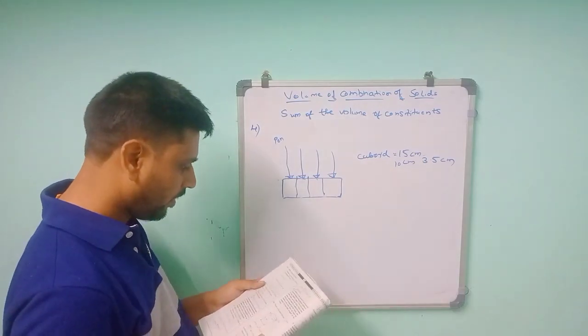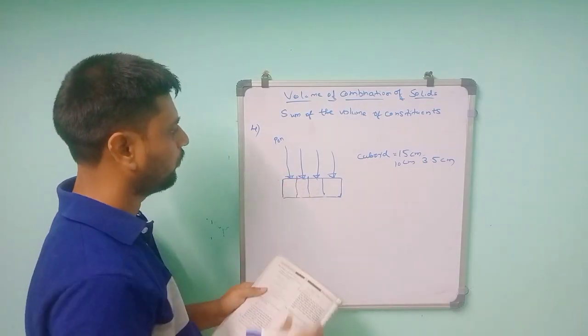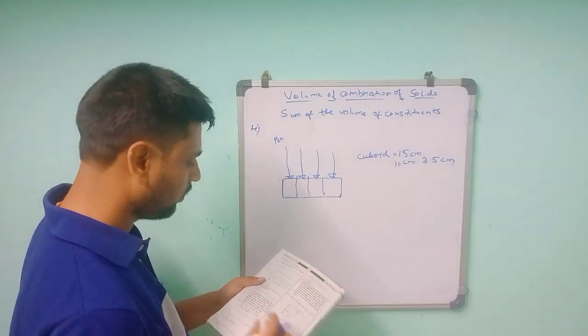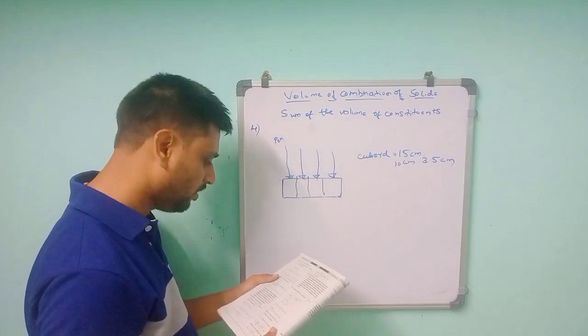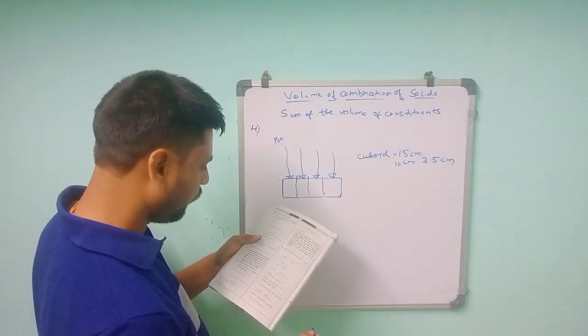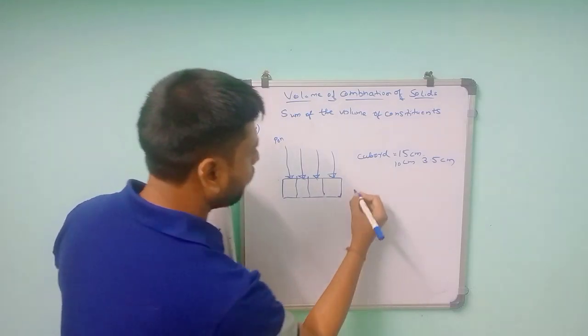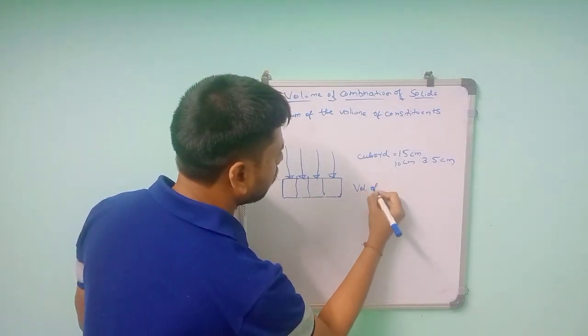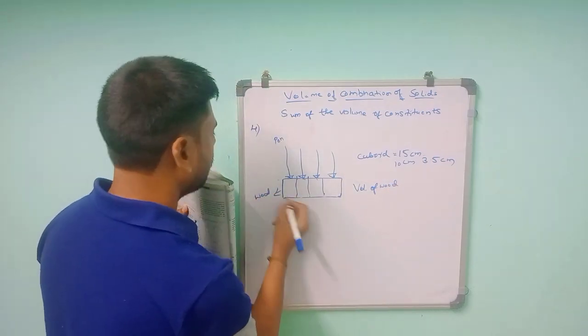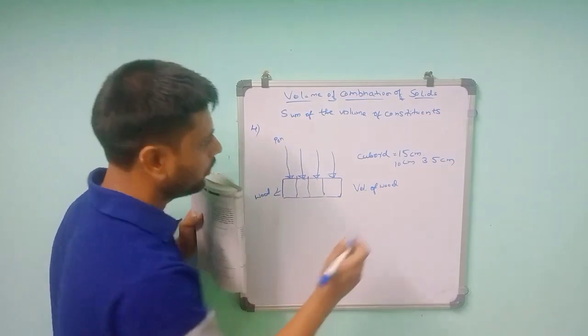Then the radius of each of the depressions. For the volume of the cones, that is the depressions, they have given the radius as 0.5 centimeter, and the depth is nothing but the height of the cone, 1.4 centimeter. Then they told you to find the volume of wood in the entire stand. So the volume of the wood. This is what the stand is made of. These are the pens. Then the volume of wood will be